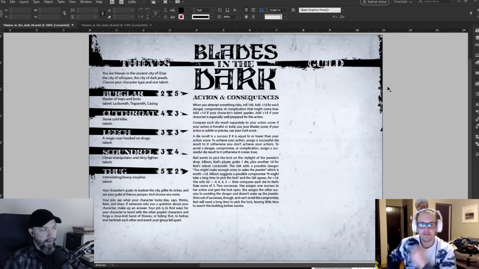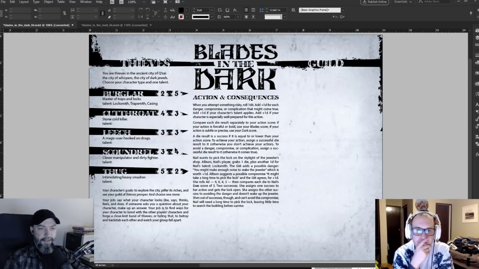There's sort of three columns here. On the left column it says thieves, and the right column it says guild. You're a thieves guild. The idea of the design was that the left column, the thieves column, had everything about the thieves and what type of thieves you could play. And then the right column had the guild info in it. So even at this very first blush, I was thinking the guild should have, kind of, stuff.